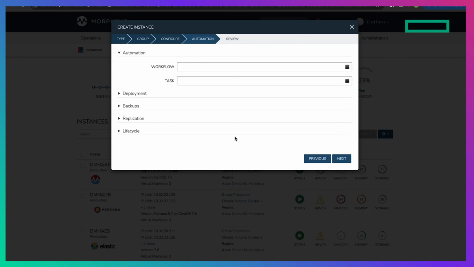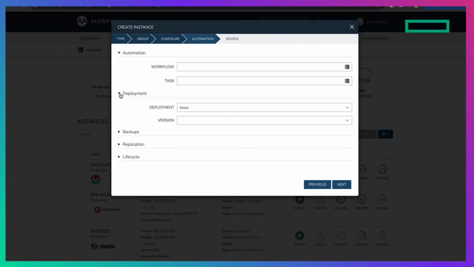So the next wizard, I can attach automation to this machine. If I want to connect to things like Ansible or Chef or PowerShell, I have this very rich task engine inside Morpheus that lets me run these automation tasks across the life cycle of this machine. So if I have certain scripts that I need to run every time this machine is started, stopped, or maybe at teardown to clean up after itself, I can bring those automation scripts into Morpheus and then connect them to this machine so that somebody's not having to manually run those tasks inside IT. It helps you maintain a very efficient workflow.